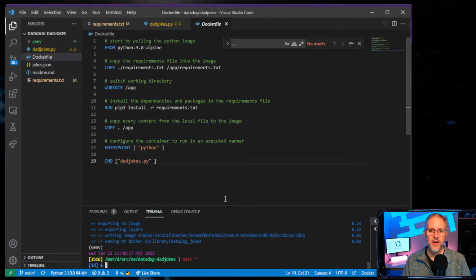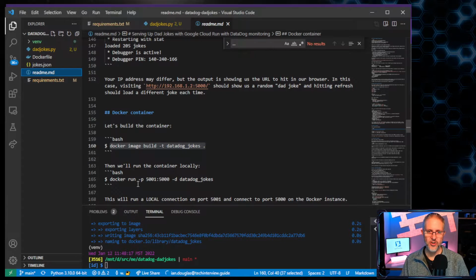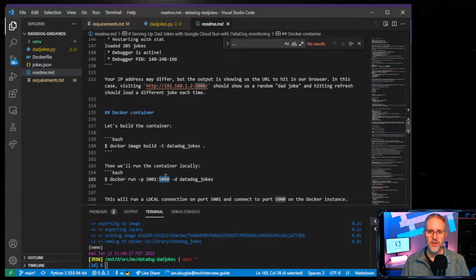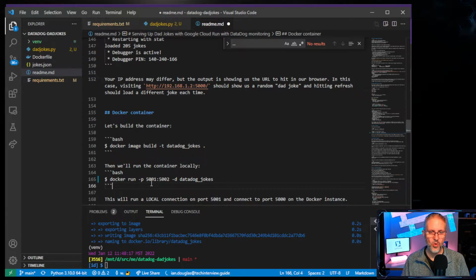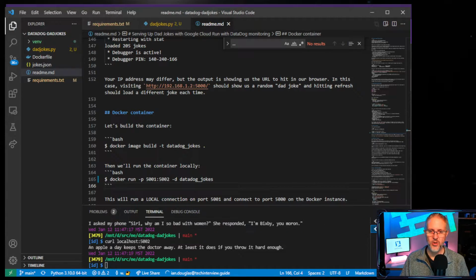So let's go back. Now that that's running, we can actually go run the container and make sure that's going to work. So again, port 5000, I changed that to 5002. The second number here is the internal port number of the application that's running, and this first number over on this side is the local port number. And again, because I've already got something running on port 5000, I'm going to change this one to 5001. So in my other terminal, where I was connecting on port 5002, I'm now going to connect on port 5001 just to make sure that my Docker container is going to